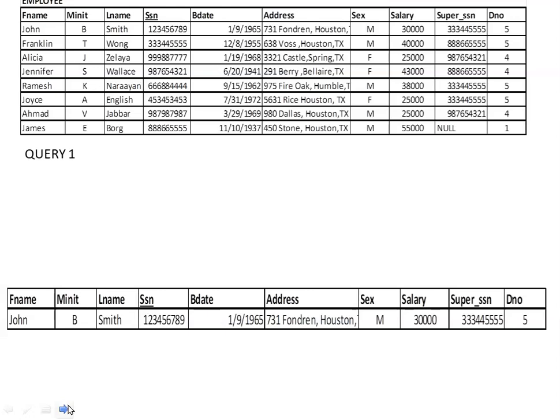Now, the first query would be writing a select operation on the employee table. So select from the employee relation those tuples where the L name is equal to Smith.